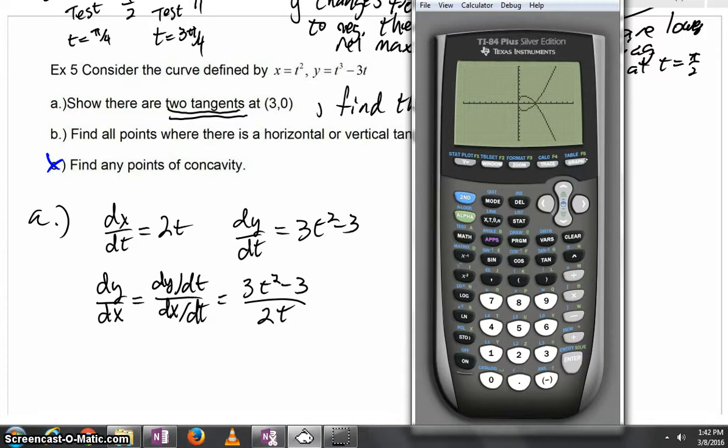Parametrics open up the door, guys, to looking at some crazy looking curves. I mean, you look at that thing, that's amazing. Look, I'm going to get up. Would you agree that at 3, 0, you might be looking at this tangent line that I'm holding the stick up to, or this one? Wow. There are 2 tangent lines. So all of a sudden, kids will scratch their heads for a minute and they'll say, how do you find those slopes? Well,